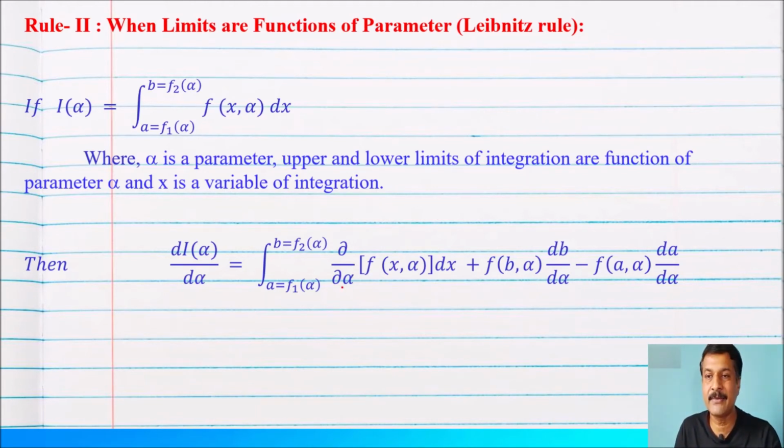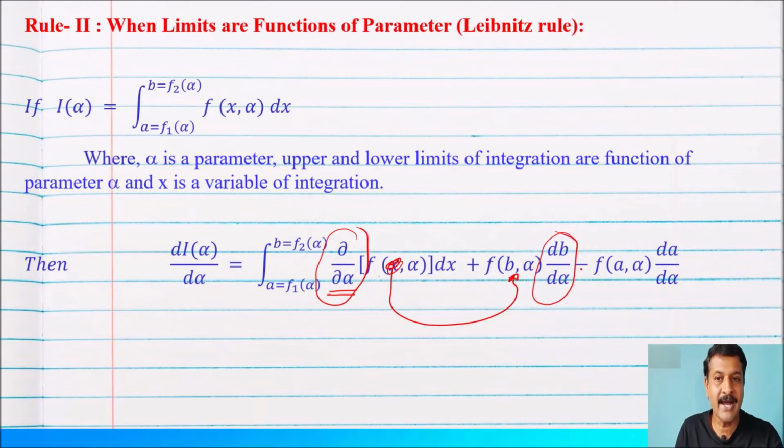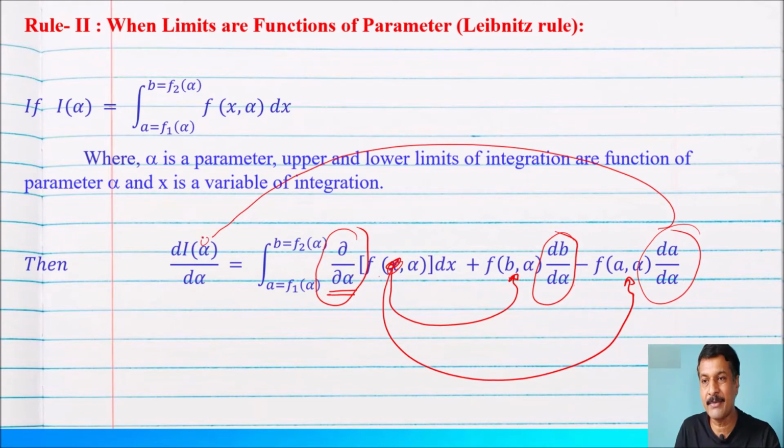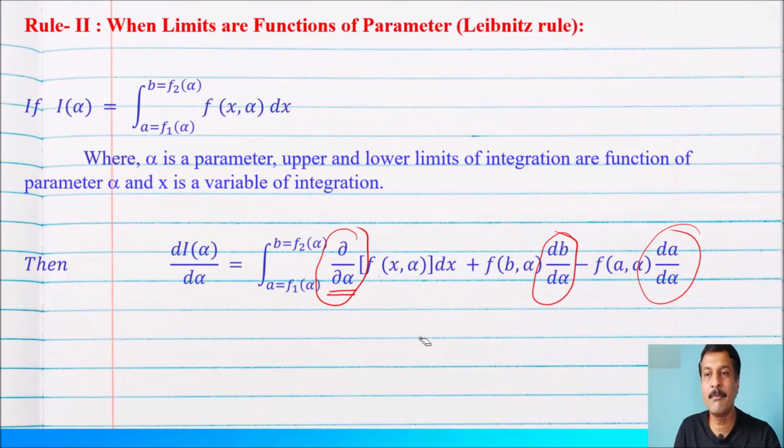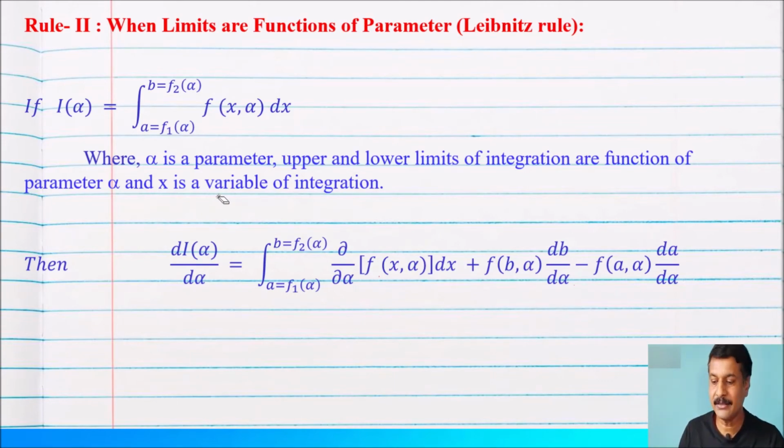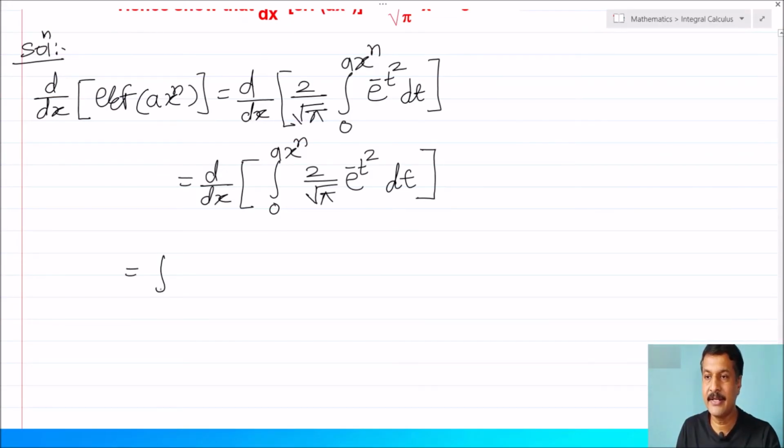d alpha. That means the partial derivative with respect to the parameter, plus upper limit minus lower limit: the variable replaced by the upper limit into the derivative of the upper limit, minus the same thing with the lower limit, the variable replaced by the lower limit into the derivative of the lower limit with respect to the parameter alpha. So this is rule number 2, and by using this rule I can find